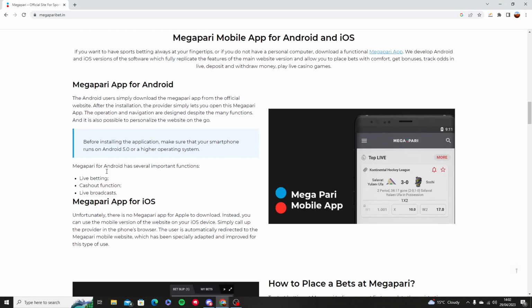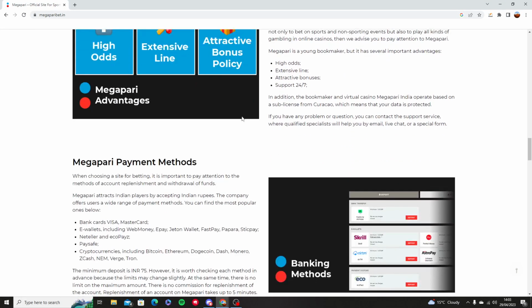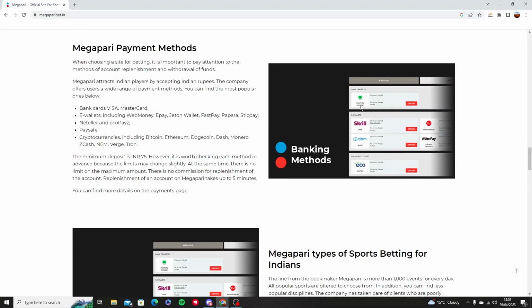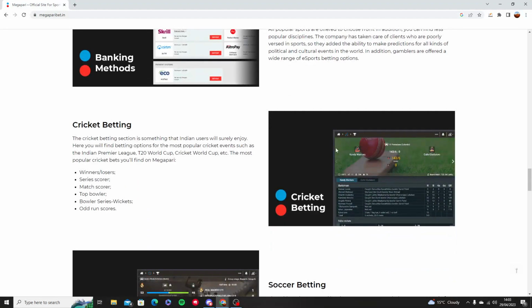You can download on Android and iOS, and here it shows you how to place bets, how to get advantages, banking methods to deposit. So if you see the deposit button, you can deposit via Afterpay, Skrill, mostly electronic and crypto